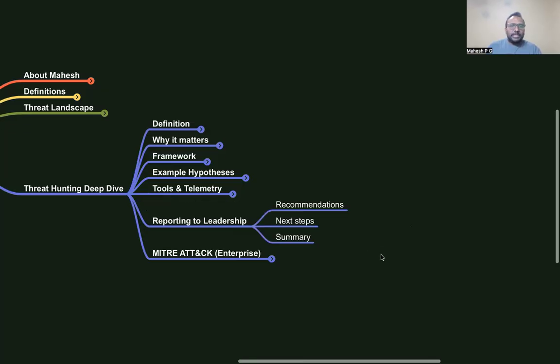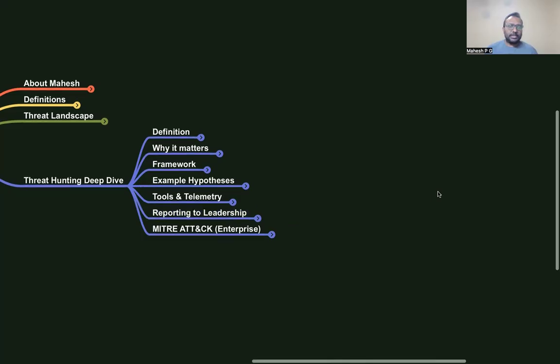Another important thing is reporting to the leadership: the strategic recommendation, what risk and what impact can happen with the threat we hunted. What the next steps are, what needs to be done in the organization, and a summary of that has to be provided as part of the reporting. Work with the right asset owner, leadership and management so they understand the risk and take appropriate action to ensure those threats may not happen in the future.